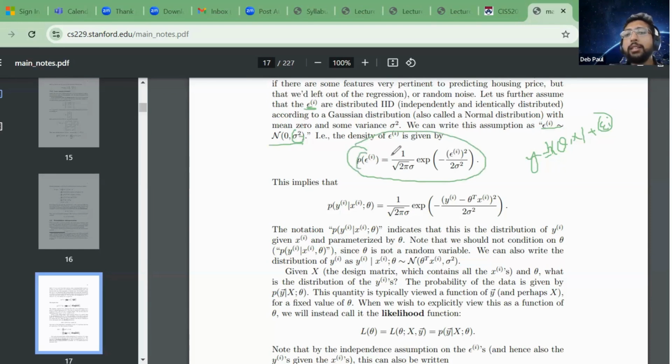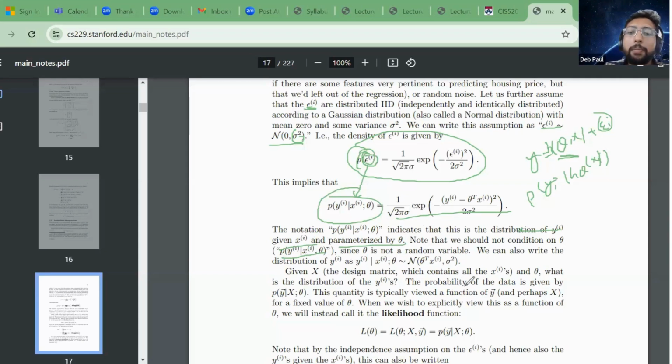I can say that the probability of this error is a normal distribution. And if this is the case, then this is basically P of y given h of theta xi, each parameter like this one follows a normal distribution. I can say this because if this is distributed normally, this is also distributed normally. P of y given x is also distributed normally. So this is basically P of y given x parameterized by theta, not given theta. P of y given x is not given theta, but it is basically parameterized by theta.